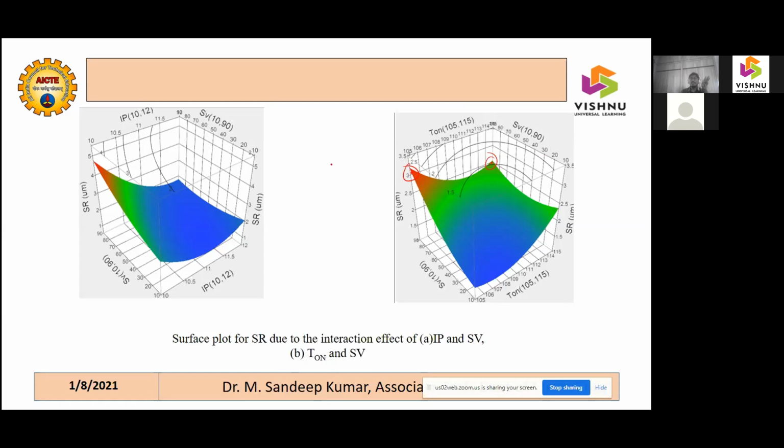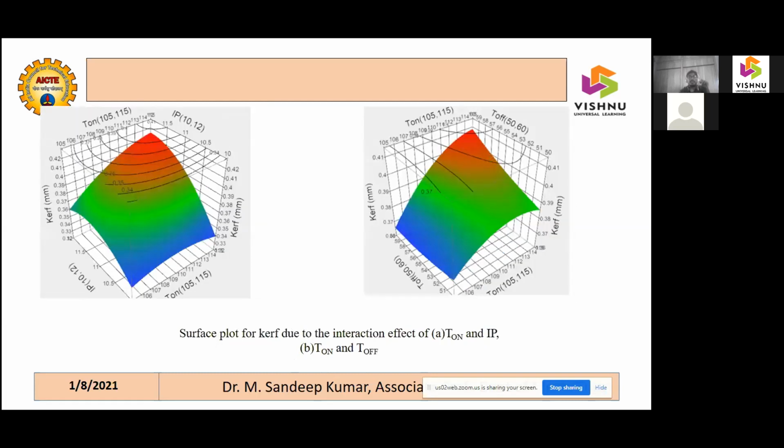So depending on the requirement, the engineer who is available can select any of these points from the graphs, and he can go and give those parameters as input to the machine so that he can do all these things. So this is for